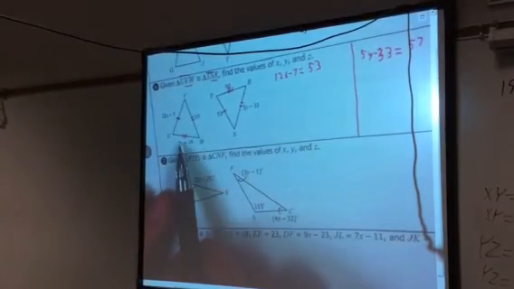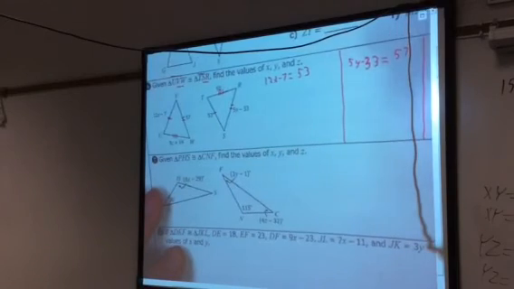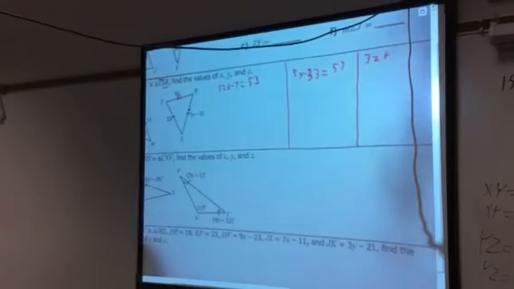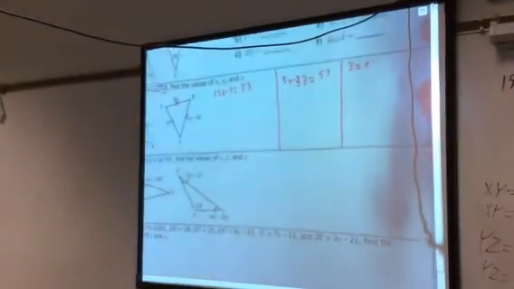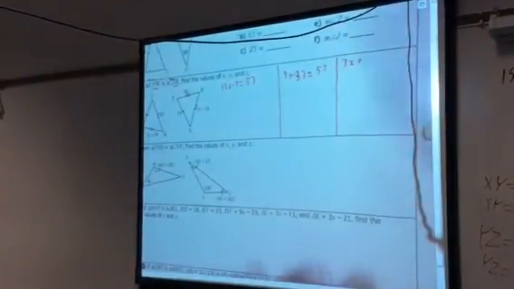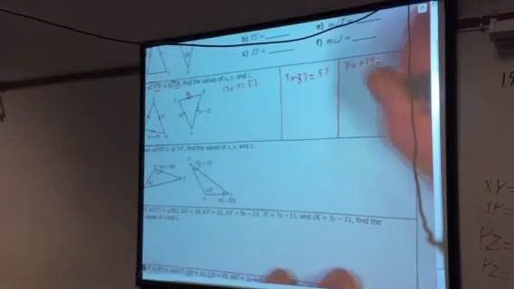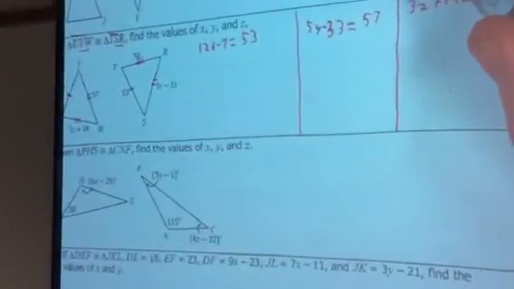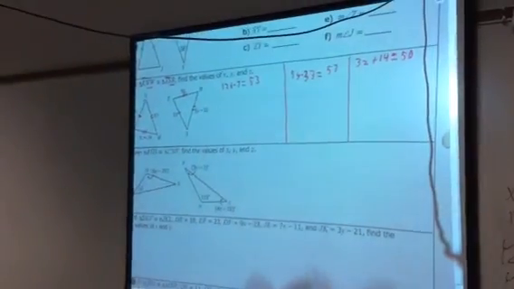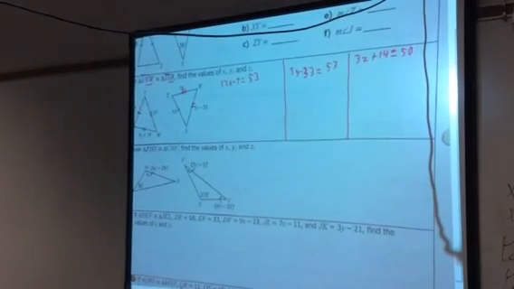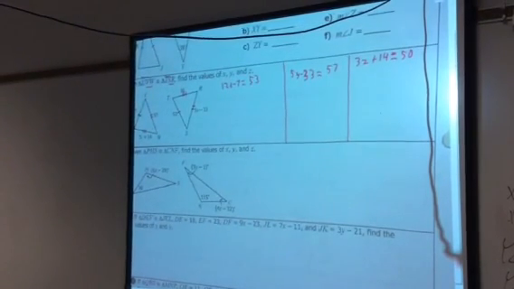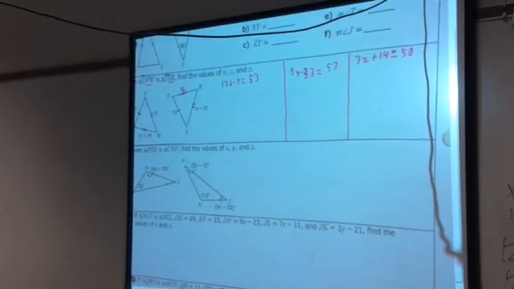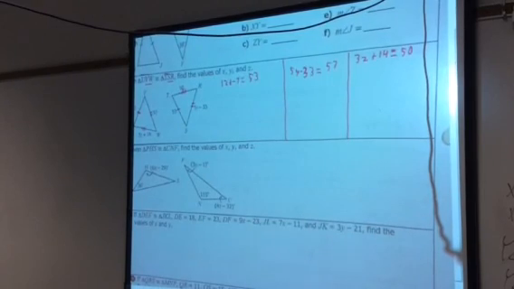Then for the Z, I have this 3Z plus 14. Slide the paper over. And what side does that equal from the other triangle? 50. 50. And you just solve those. So what you have for the rest of class is to just finish the rest of the stuff that is on this page. I will put it on Google Classroom